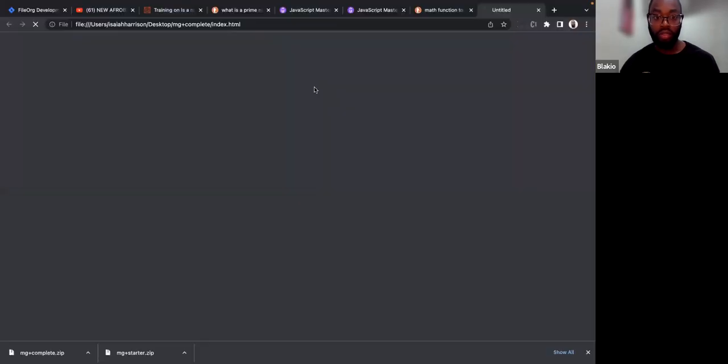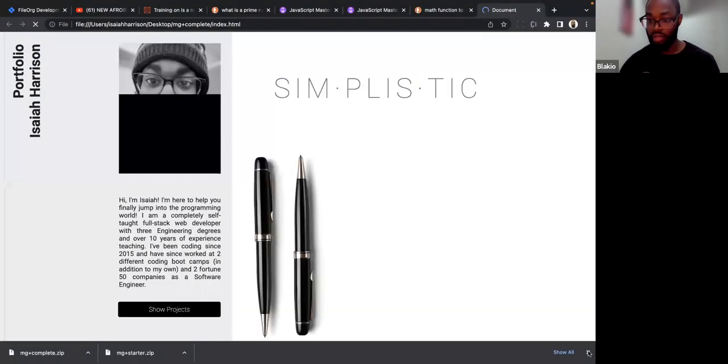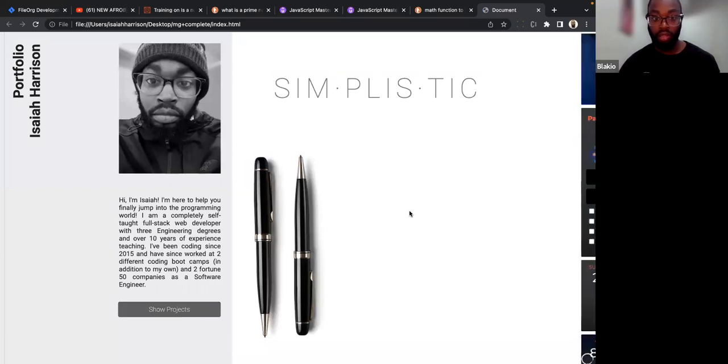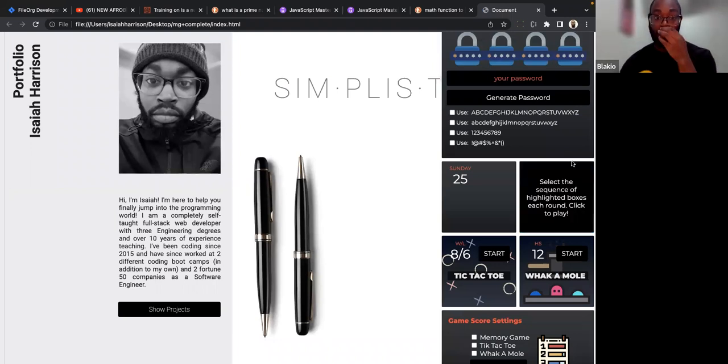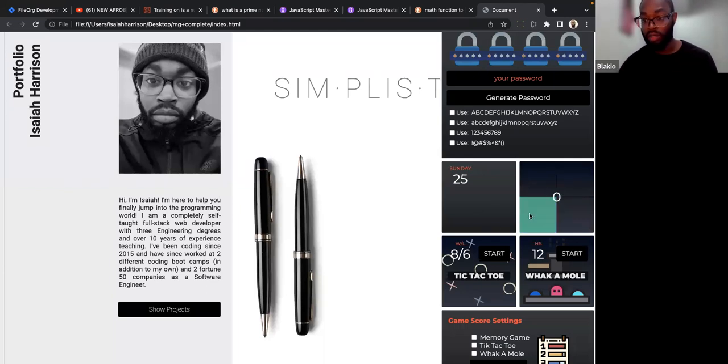So basically, if you haven't already seen the app, just open it up, and this is the memory game here. You click the start button, and then there's some directions here. You click that, and then you wait for the computer to highlight one of these squares. It highlighted this one, so I'm going to click it. Increments by one. Did this one twice. Increments by one again. So on and so forth.